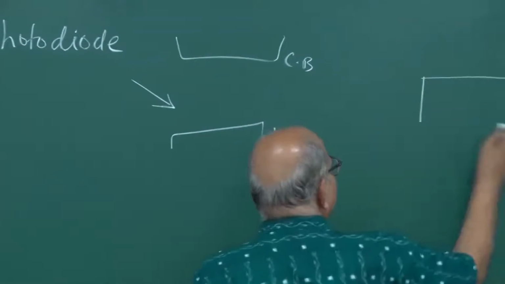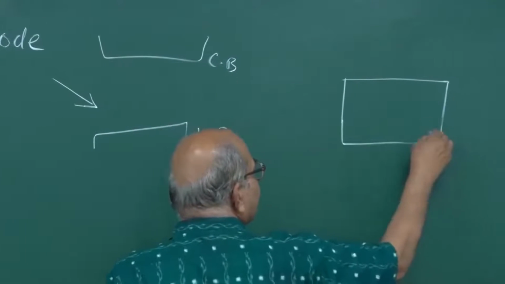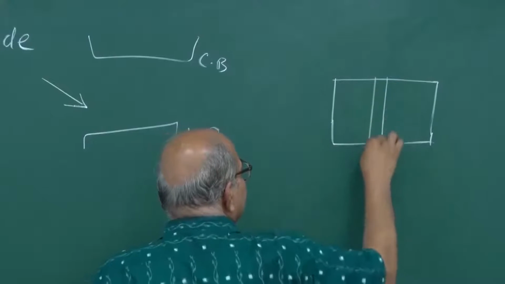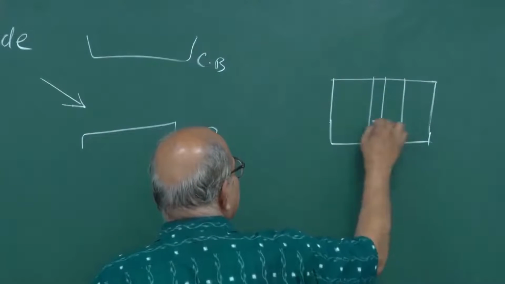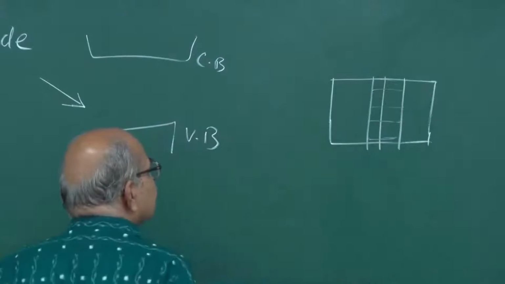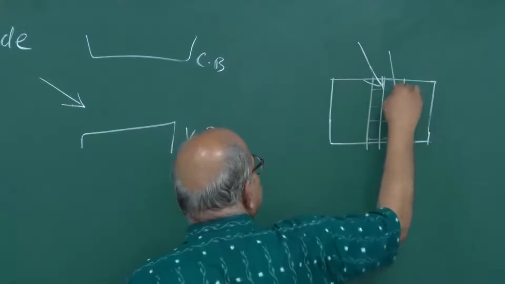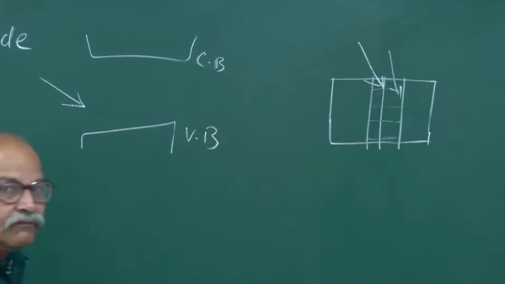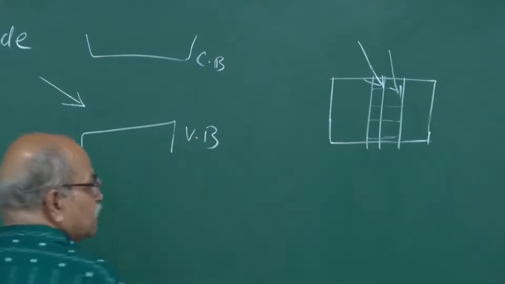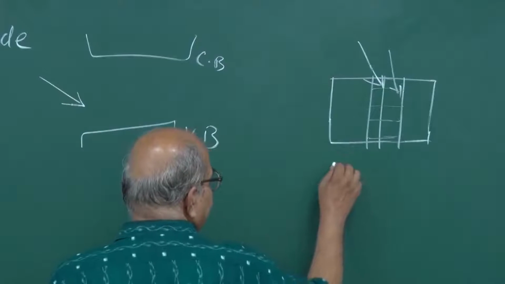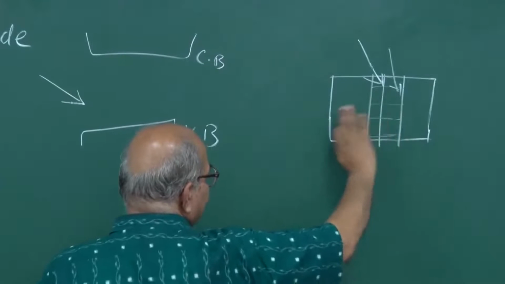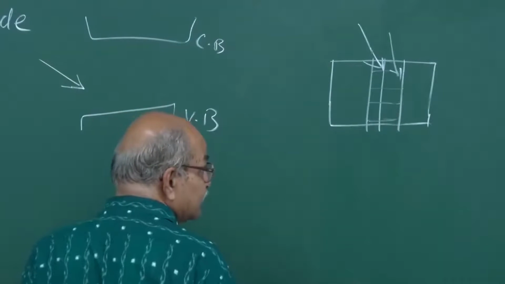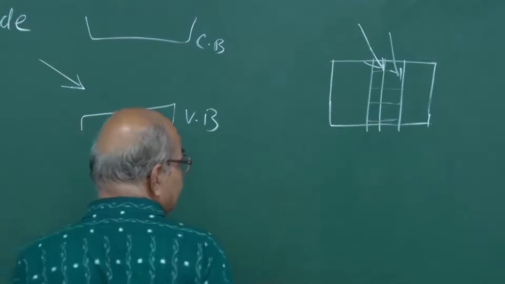So, you do not shine light on bands, you shine light only on material. So, if this is that junction area, this is that depletion layer, and if light falls on this, and the composition is such that this photon can get absorbed into this material,